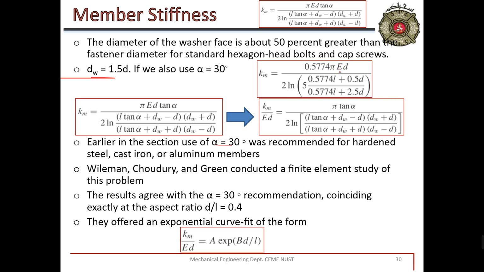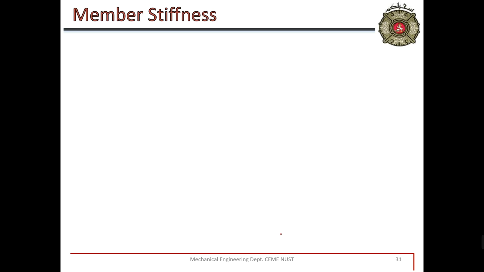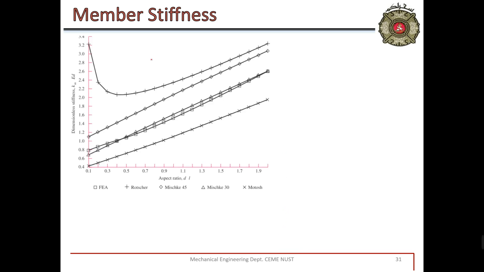If material 1 and material 2 are the same, then the frustum will only change when the frustum changes direction from starting to turning; there will be no material change. And also when the frustum changes direction, the value of E will be the same. So this equation will be further simplified because E1 and E2 are the same, and similarly K1 and K2 are the same. So the equation will be further simplified, and that simplified equation can be plotted here for different types of